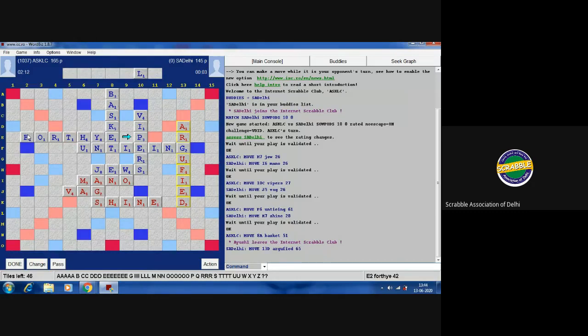Forty, 40. Okay. But you need to go behind. Both coming, yeah. But this will again give us an opening. So even if I want, I can go ahead. I can go with this. Even this will give an opening. So wherever I'm going to place it, it's going to give a triple word.